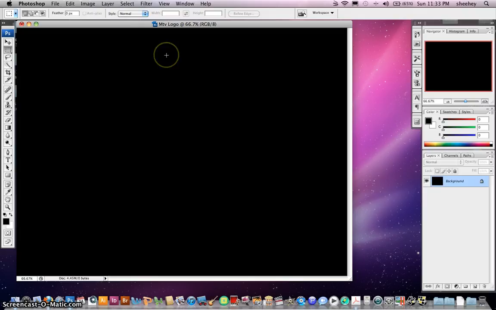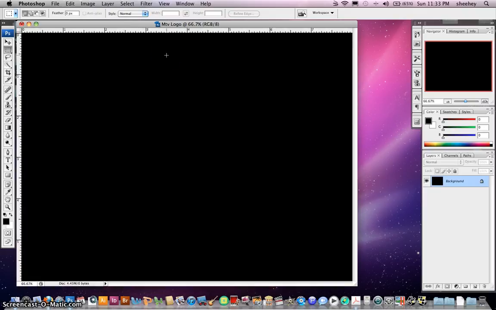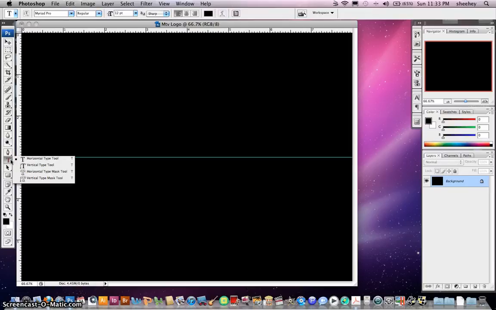Now we need to put some rulers on here. So if you hold the Command key, hit the letter R, that places your rulers on the screen. Now if we click on the ruler and drag a guideline down to 3 inches, this is where we're going to place our M. We're going to right click on the Type tool, go down to Horizontal Type Mask tool,